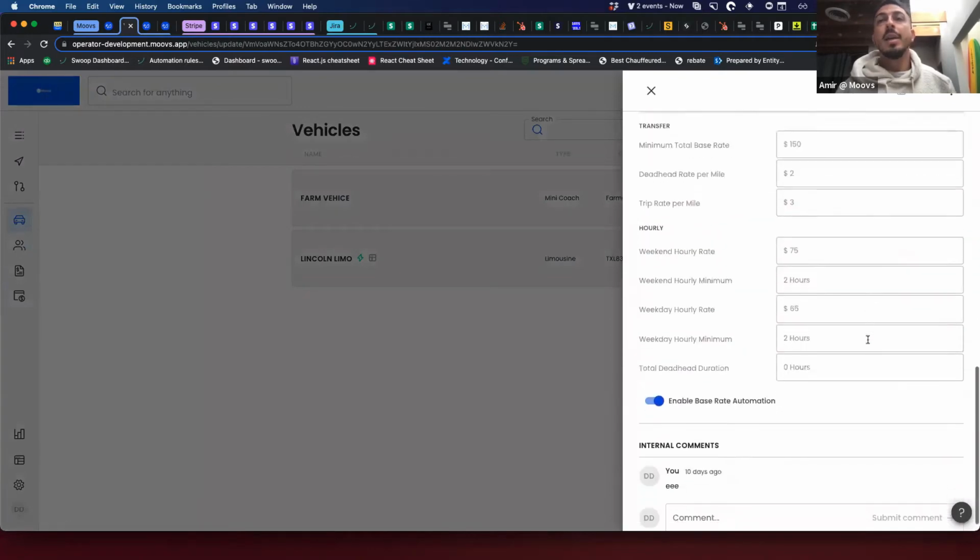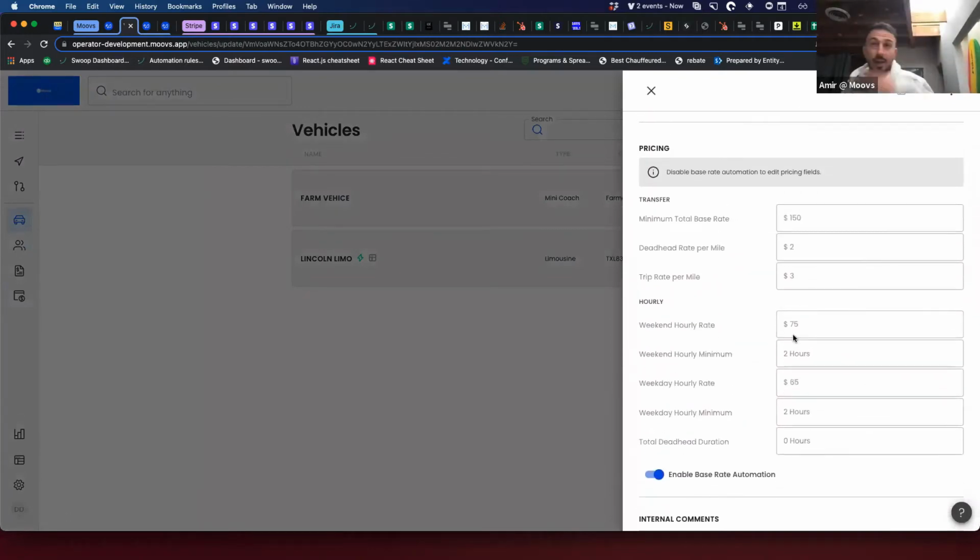I was just going to say, Joe, I think one of the things, so that we can have a good constructive conversation, because this is something that we're always thinking about, is how everybody prices. I just pulled up the vehicle pricing that we have here, and we have transfer rates and hourly rates. Hourly rate times hourly minimum is always the minimum of the vehicle, and then we have the deadhead duration. And in terms of transfer, Joe, this is what you're talking about. You're saying that you have a transfer rate in your system, but for a wedding at 11 p.m., it should be higher.